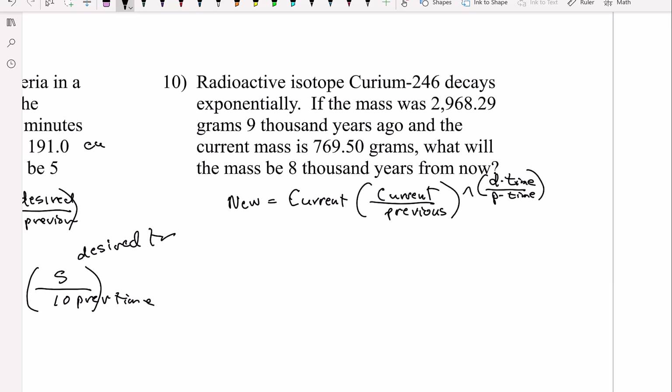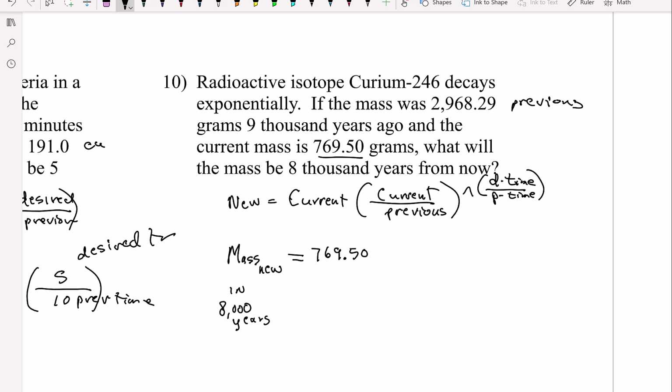Okay, so radioactive isotope curium-246 decays exponentially. So we're talking about a new mass. We want to know, what will the mass be 8,000 years from now? Okay, the new mass in 8,000 years. Will be means the equal sign. If the mass was, that's the previous. Current mass, so here's our current mass,